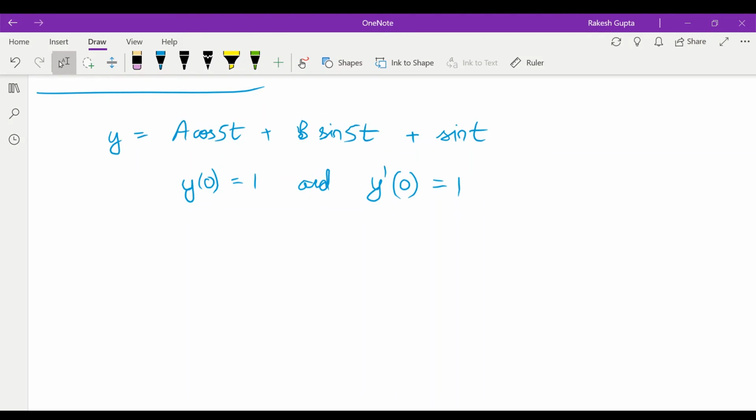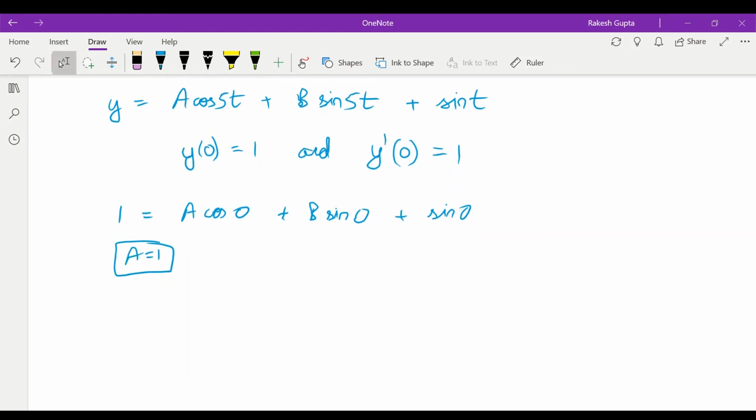first I'm going to substitute 0 in the equation as it is. 1 is equal to a cos 0 plus b sin 0 plus sin 0. Now sin 0 is nothing but 0 and cos 0 is 1. So we get a is equal to 1. Now we'll differentiate the equation with respect to t. Then we'll get,